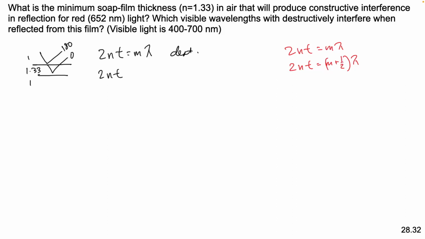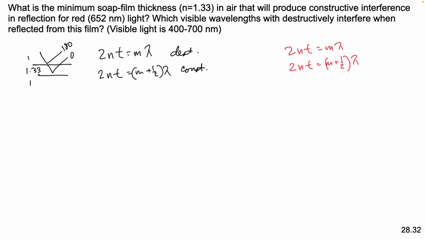What does 2nt equals m plus a half lambda mean or say? Change the second one by 180. So then we will have 180 and 180, and both of them being 180 at the same time. All of that needs to take place before you even begin to figure out what the problem's trying to ask you. Now I will go and look at what the problem's trying to ask me. Okay, it's asking me two things.